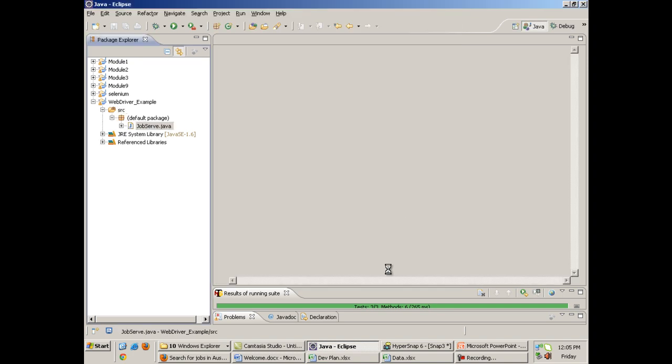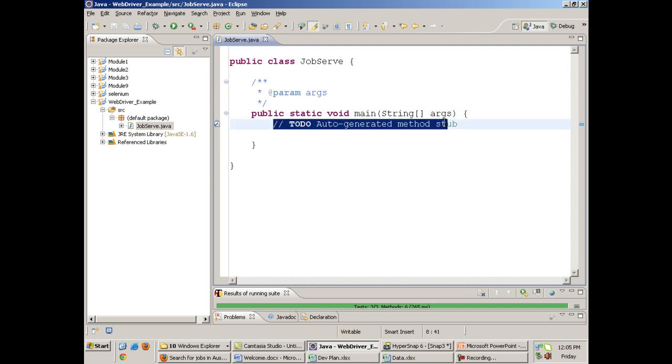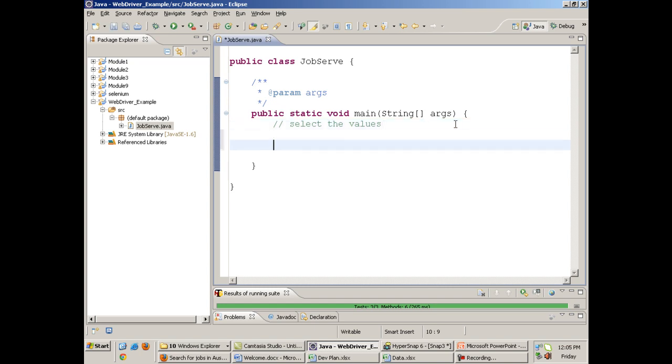Now in phase 1 we'll not take the Excel file, we'll just select the checkboxes. The first command would be that I need to open my Firefox.